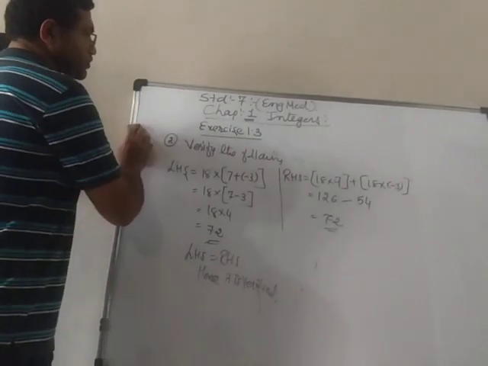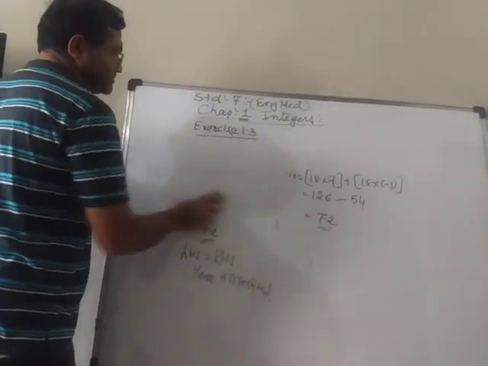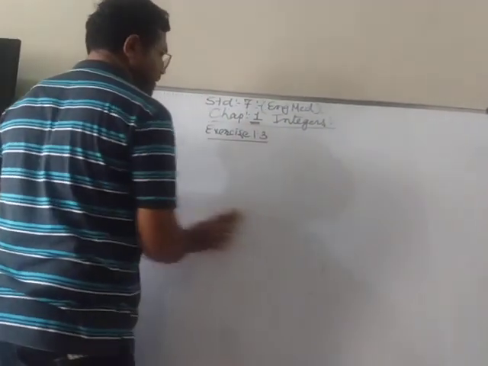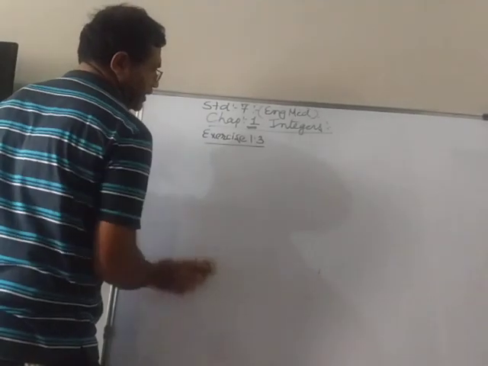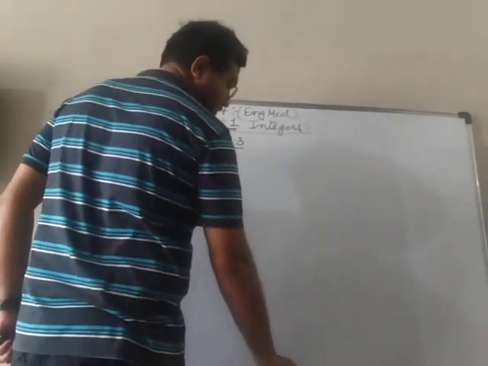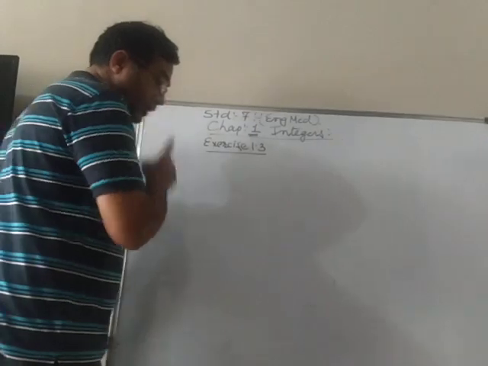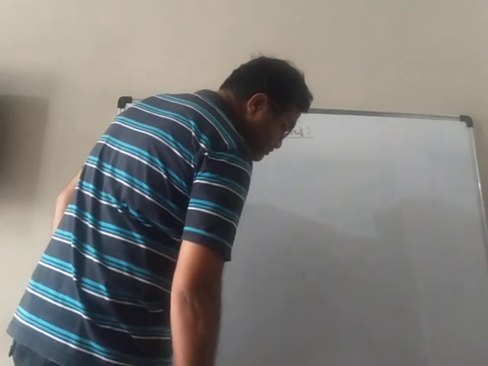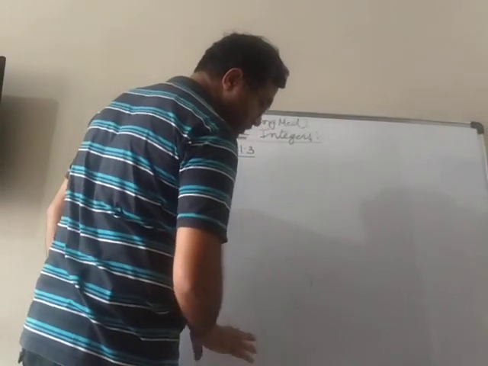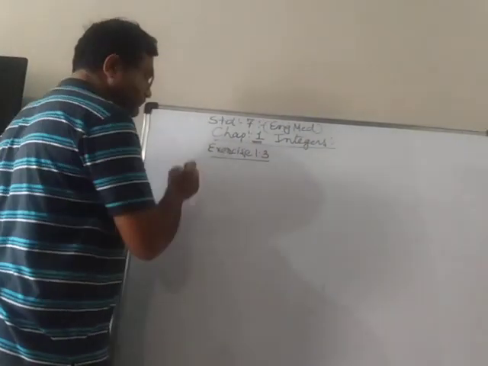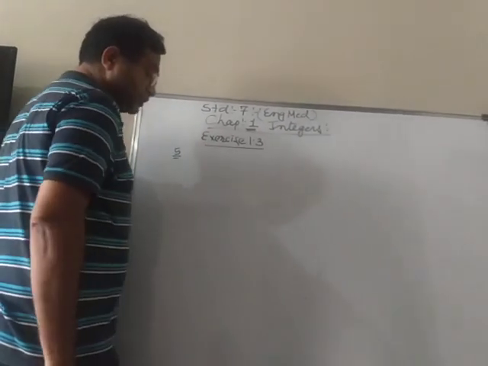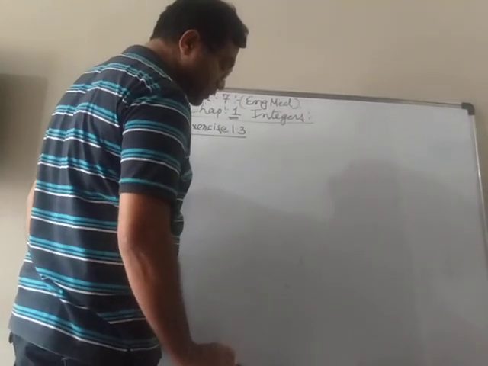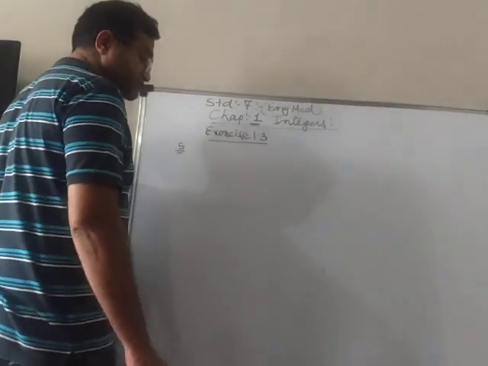The second sum you can do yourself by the same method. Just be careful about the sign, and the multiplication and the addition. Be careful mostly about the sign. Now question 3, 1 and 2 are very simple. You can do it. Now we will do question number 5, because the 3rd and 4th I am leaving for you because they are very simple. If you don't understand, write in the comment section.